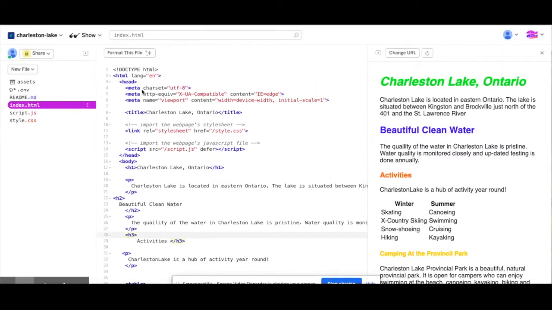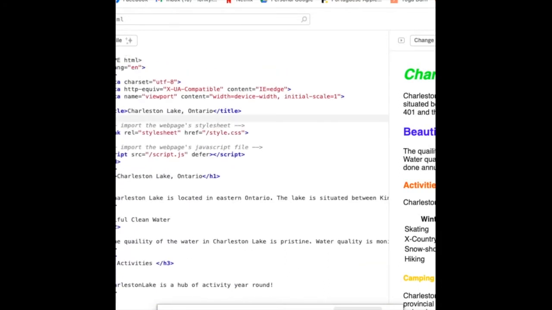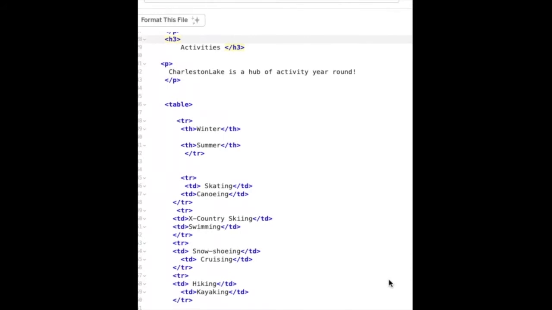Now, as opposed to going up here to the head section where we wrote style and then entered some CSS rules, we're going to leave this page. And in the Glitch program, all we have to do is go to this left-hand margin here and click style.css. Once I put these tags in, I wanted to